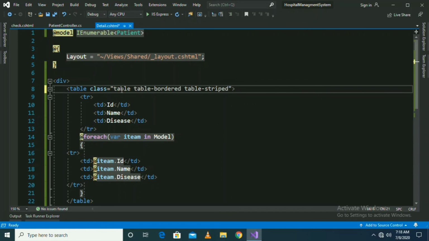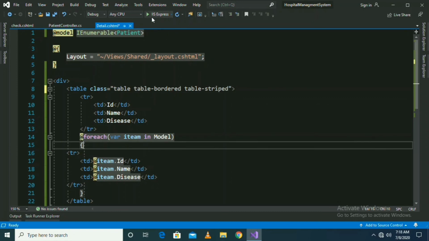This tells that this is a bootstrap table. This tells to put a border in our table. This tells that table-striped means if one row has one color, the next row has a different color, so it will look a little bit nicer. Now I am going to execute my code.